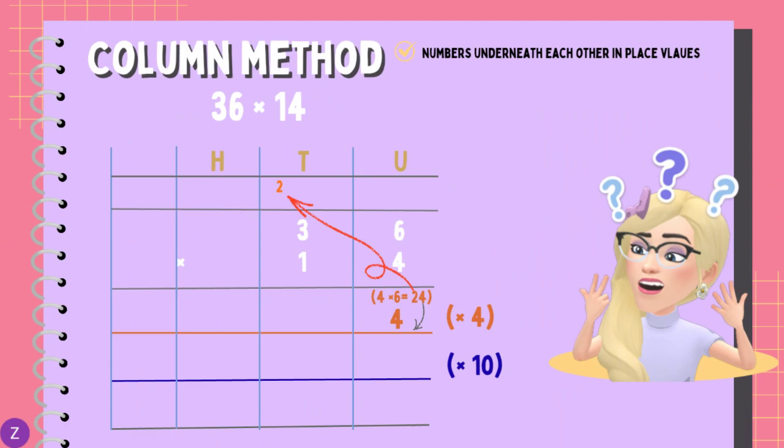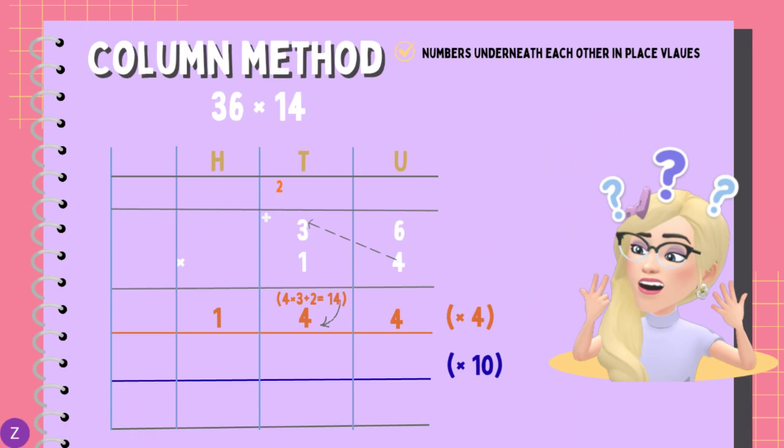Then we go to the second number, but we are still using the 4. So we are moving at the top. So we again have 4 times 3, but now we need to plus the 2. So it's 4 times 3 is 12 plus the 2 is 14. We do not need to carry over the number to the hundreds, so we can just write it next to it on the same line. So 36 times 4 is now 144.